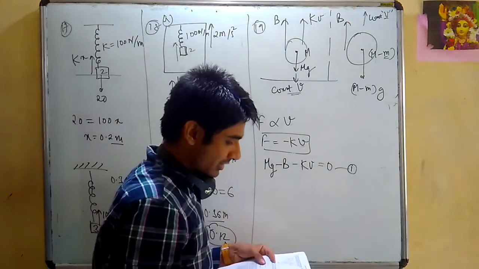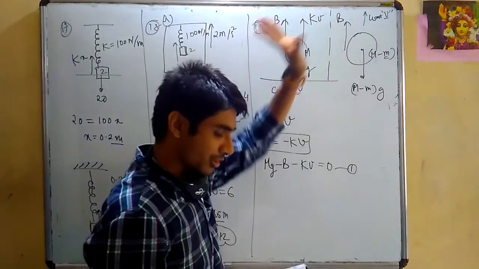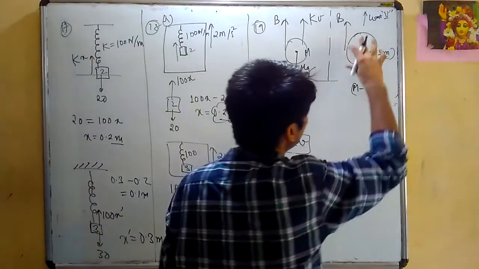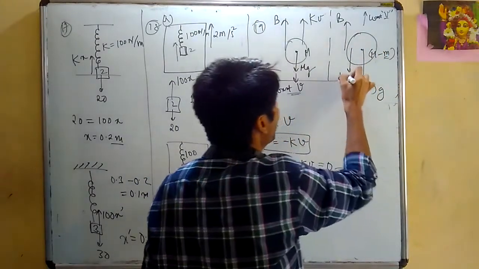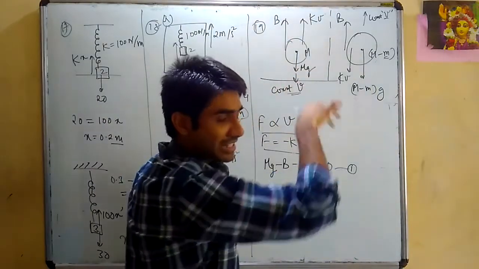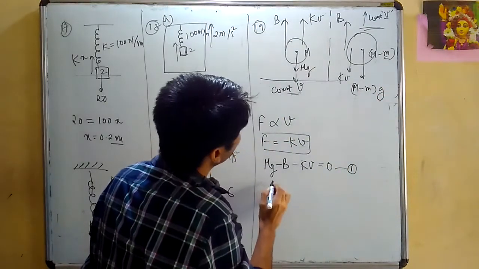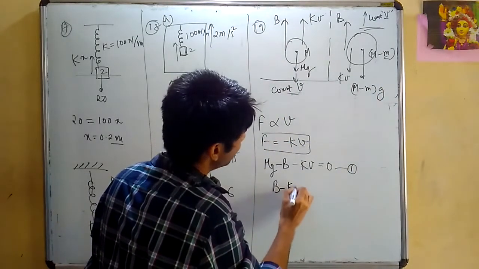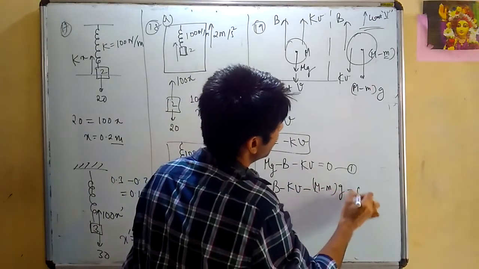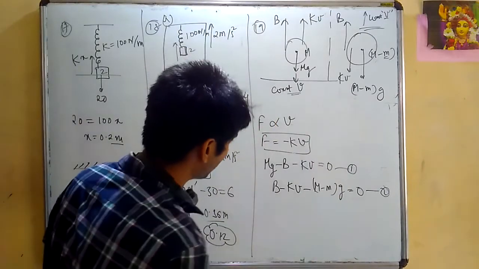It is given to you in the question. If you read the question, the force of buoyancy exerted by the atmosphere on a balloon is b in the upward direction and is constant. So you don't have to worry about buoyancy. It will always act upward. But the air resistance, since it is going upward, will act downward, magnitude kV. Now what will be the equation? Should I take the upward side as positive or the downward? I will take upward as positive, as the body is moving upward now. So I'll write the equation as b minus kV minus (m minus m small)g should be equal to 0 again because it is going with constant velocity. I am supposed to find the value of m.